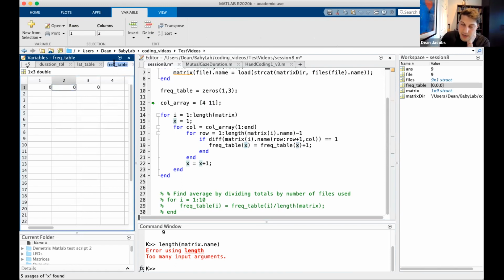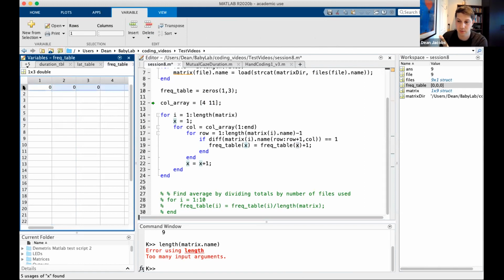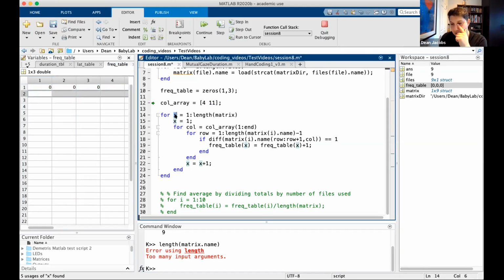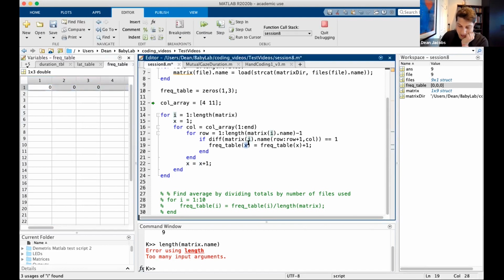So this is frequency table, and it's column 2. We're going to put the participant number in here next time. But column 2, we need to get a 2, and the row needs to be whichever. The row is easy because the row is actually going to be I. Because if we're doing matrix 1, the first matrix in the thing, we want all the answers to go in here. So we want participant number, and we want the number of looks and the number of looks. So for both of these, it's actually going to be I, comma,